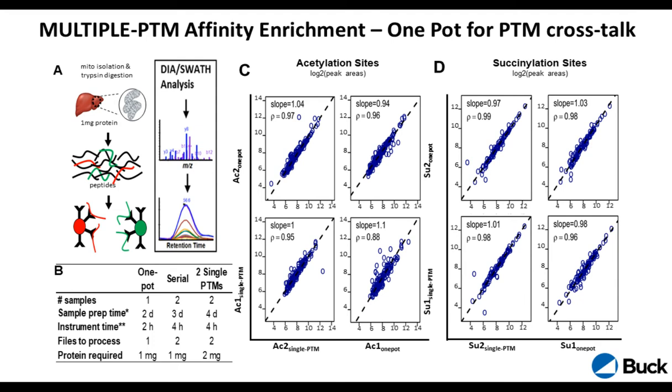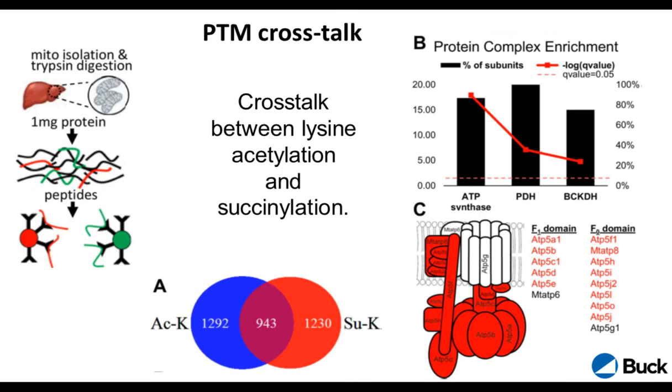And we were also testing these sequential enrichments where you take the workflow. So we did a lot of different tests and assessed not only the number of acetylation or succinylation sites that we would obtain, but also the quantitative efficiency in those. As you can see here, we had very good correlations, and we determined that the quality of data was just as good as if we did individual experiments.